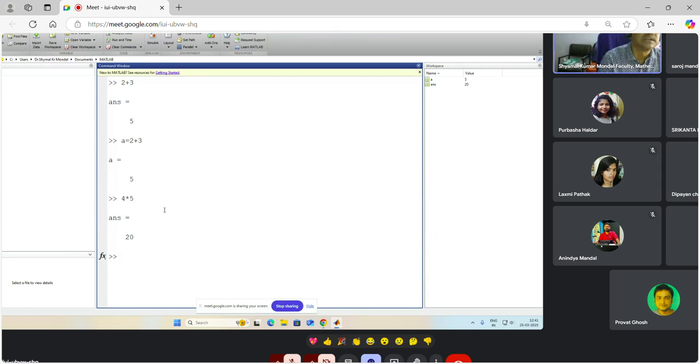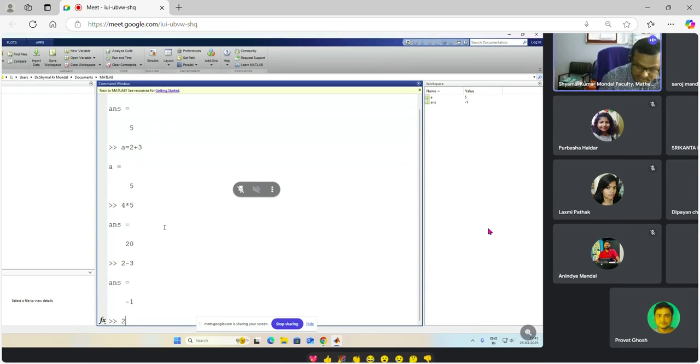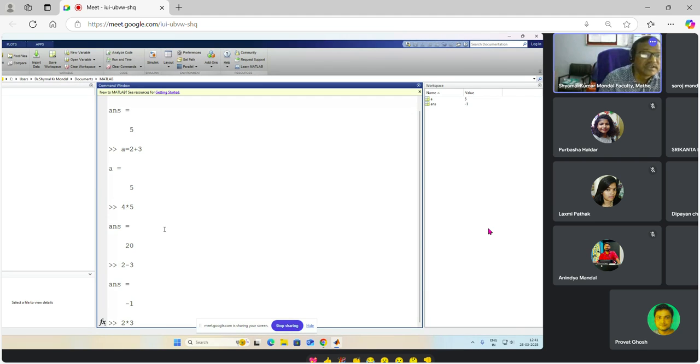So addition is one mathematical operator, and that is subtraction. Suppose 2 minus 3, this is another operation, and multiplication, 2 into 3, star asterisk, is used for multiplication. For division, 2 slash 3, it is for division. Okay,